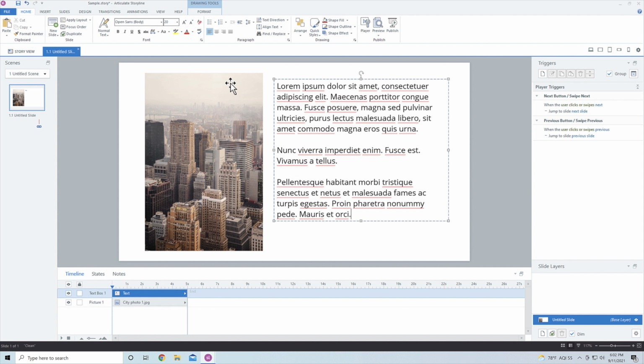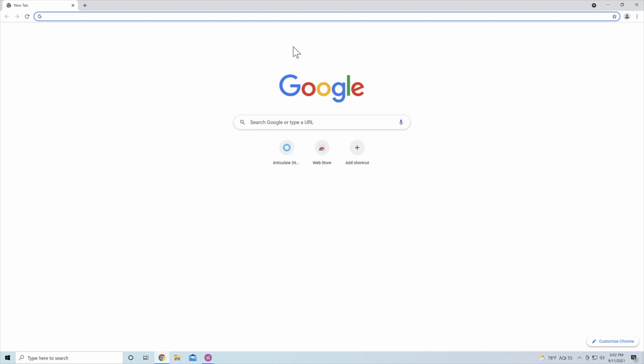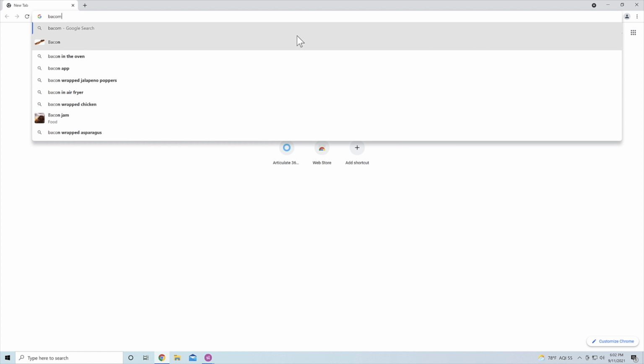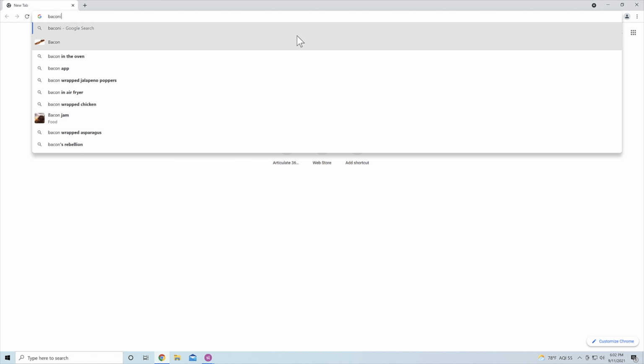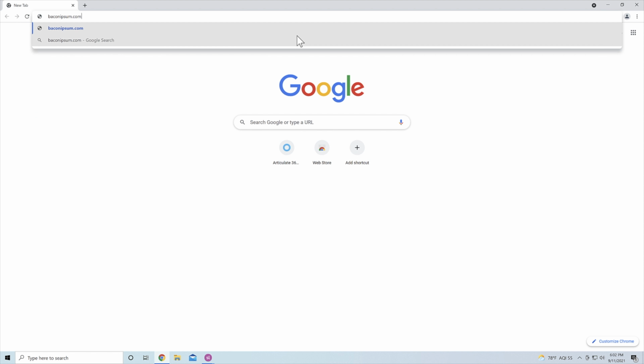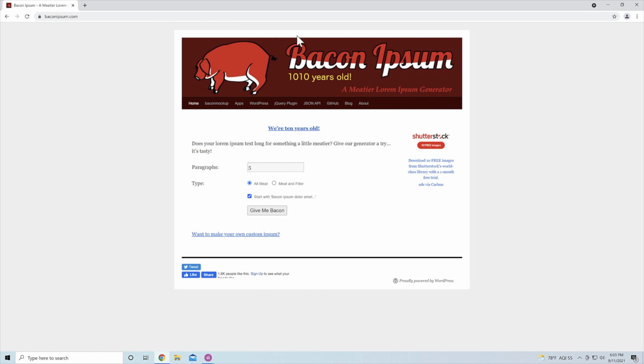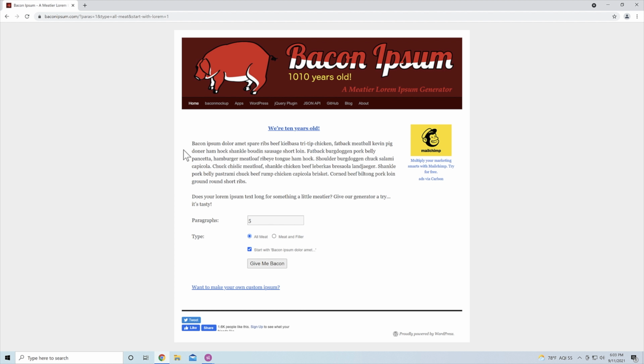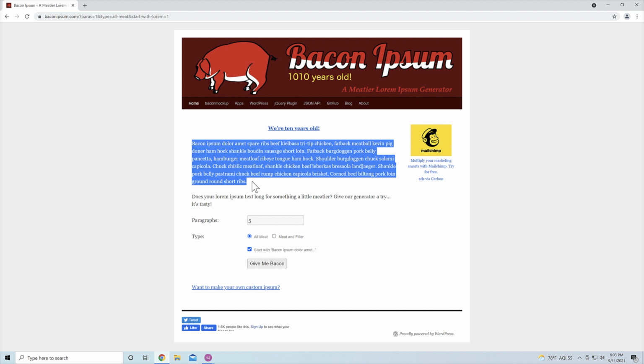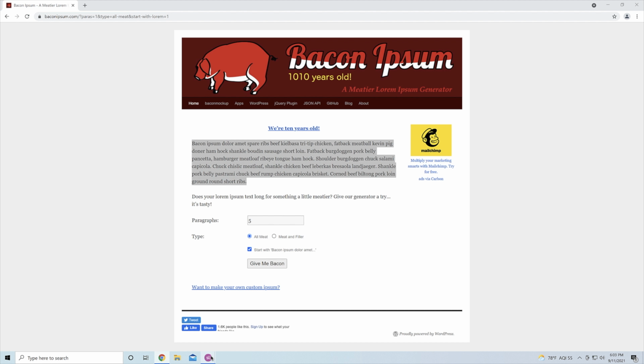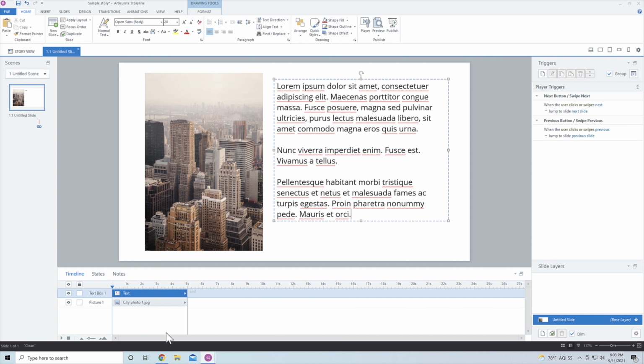However, and this is going to change your life, I guarantee this, if you don't want to use just normal lorem ipsum text, you can actually search for something like Bacon Ipsum. So baconipsum.com, and you can get Bacon Ipsum text. If you're a vegetarian, don't worry, there's a Veggie Ipsum. If you love Star Wars, there's a Star Wars Ipsum. I believe there's a Marvel Ipsum too. So there's a whole lot of different Ipsums that you can use. So you can copy that and you can come into Storyline and do that as well. I told you that would change your life. I use that all the time.